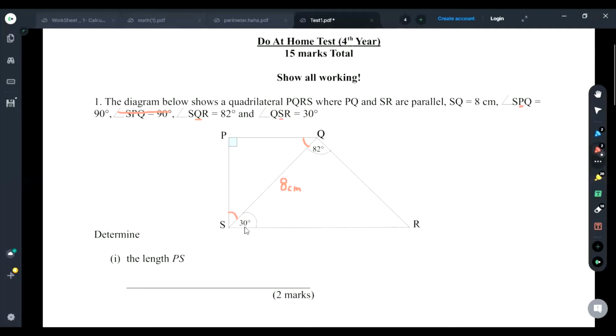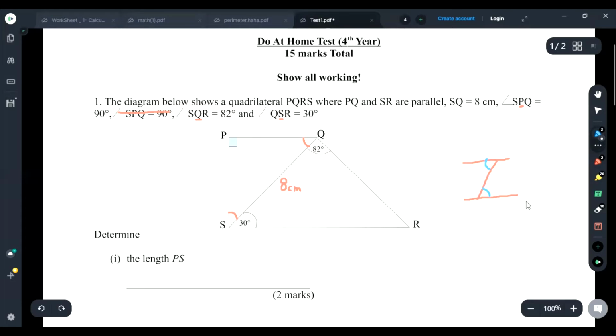Okay, what about, let's see if I can give you a hint. Would that be helpful? 30 will go beside 82, sir. Say that one more time. 30 degrees will be beside 82 degrees. Okay, so you see here